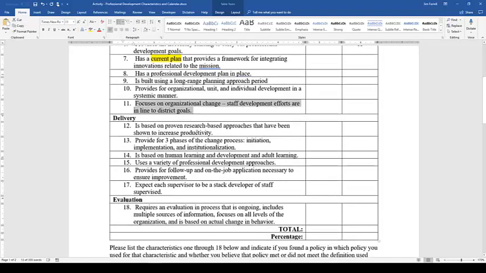Delivery. Is the actual delivery based upon research-based approaches that have been shown to create increased productivity? Does the delivery of the PD provide for 3 phases of the change process: an initiation, implementation, and institutionalization? In other words, is there something in policy that talks about the importance of these 3 phases of change in the professional development